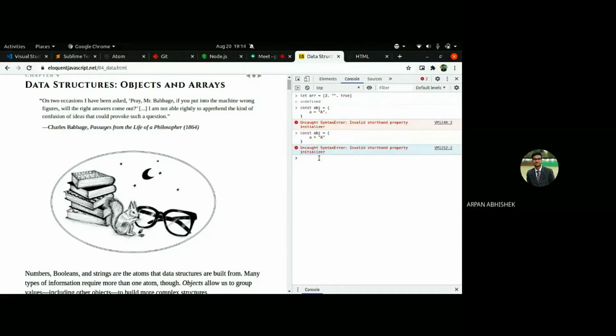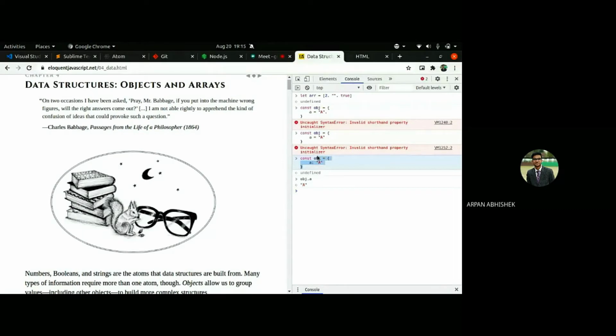Oh wait, my bad. Inside the object we have to give a colon, not equal to. And the way we can access this property is obj dot a, same as structure. We give the name of the object and then a dot and that property. Basically these are the properties of the object.